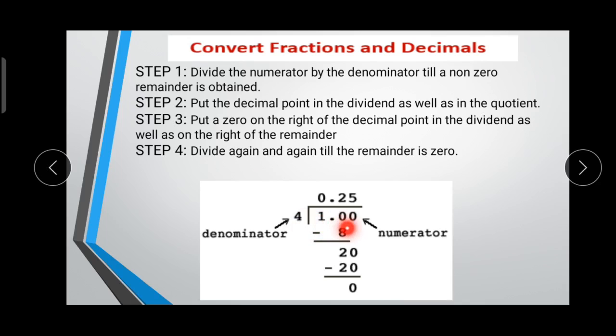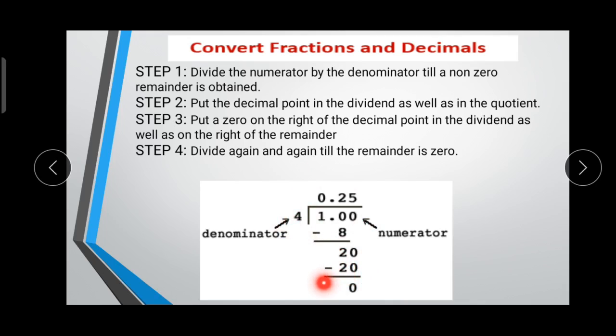Yes, so this can be considered as a 10. If it is 10, in the 4 table 10 will not come. Then what other number is possible to divide? Yes, 2. 4 2s are 8. So 4 2s are 8 means 2 in the quotient, 8 below. So 10 minus 8 is 2. Now this 0 we take down. If we take the 0 down, the number will be 20. In the 4 table, is it possible to divide 20, children? Exactly. 4 5s are 20. 20 minus 20 is 0.